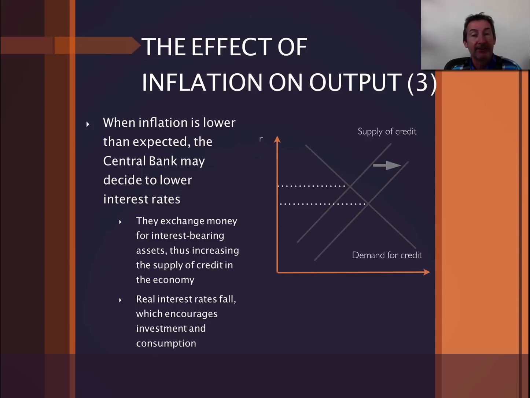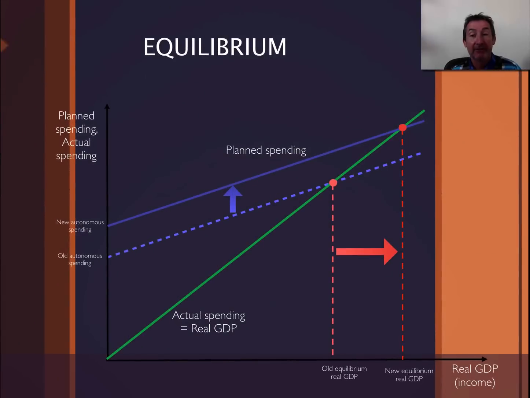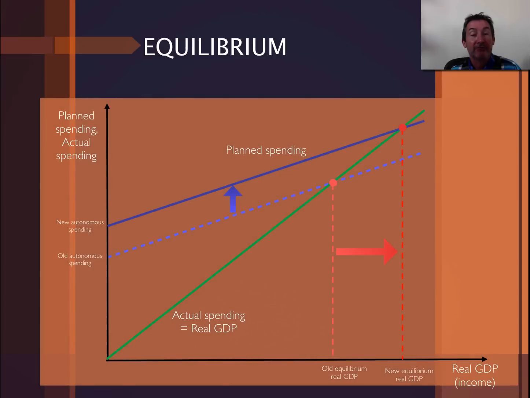So this is the mechanism where if we're in a recession, we will see reductions in inflation relative to expected, pushing up autonomous spending, pushing up planned spending, and therefore increasing real GDP. So when the economy is in recession, we're going to tend to see inflation being lower than expected, and then that is going to set in motion these mechanisms that will tend to increase planned spending and eventually move us back to the long-run equilibrium where the economy is back at potential output.